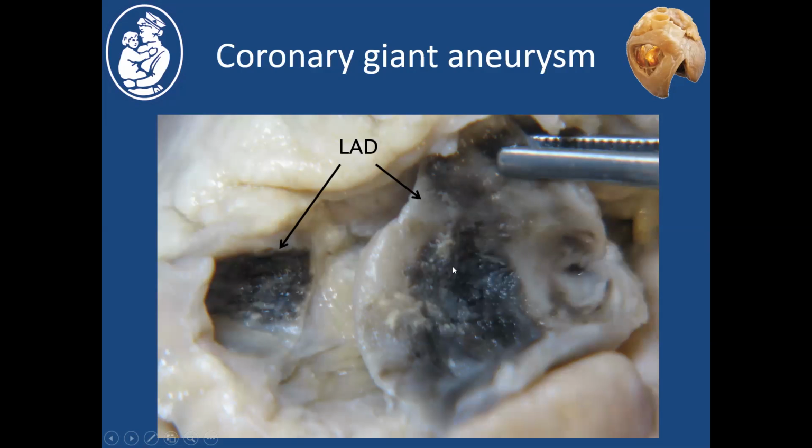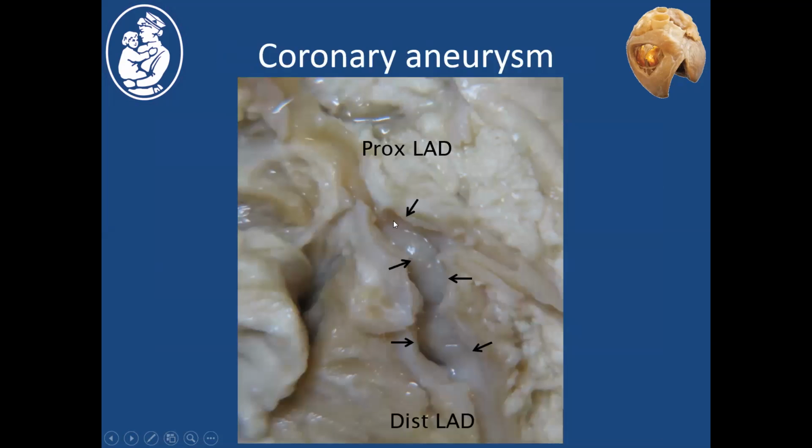This was a 1-year-old infant. And you can see inside where thrombus had been adherent to this vessel. This patient died of acute myocardial infarction. This is another aneurysm in a patient who had Kawasaki disease and then died from other causes, not the Kawasaki disease. And so this is an example of a healed